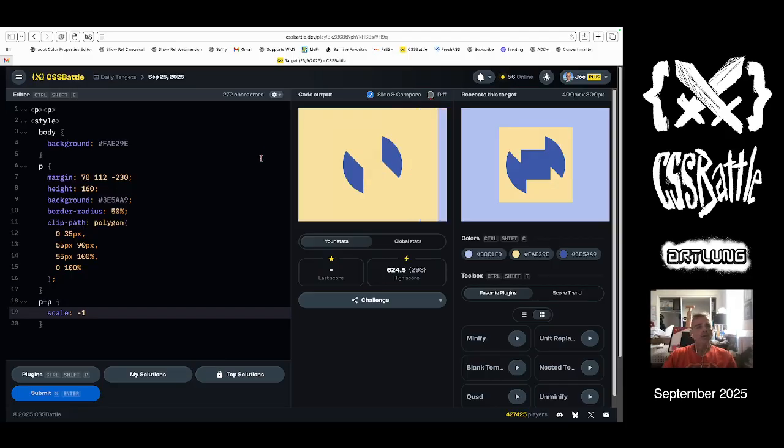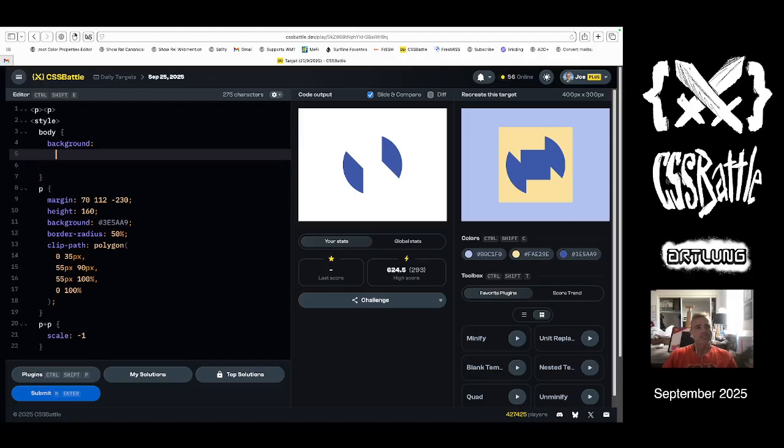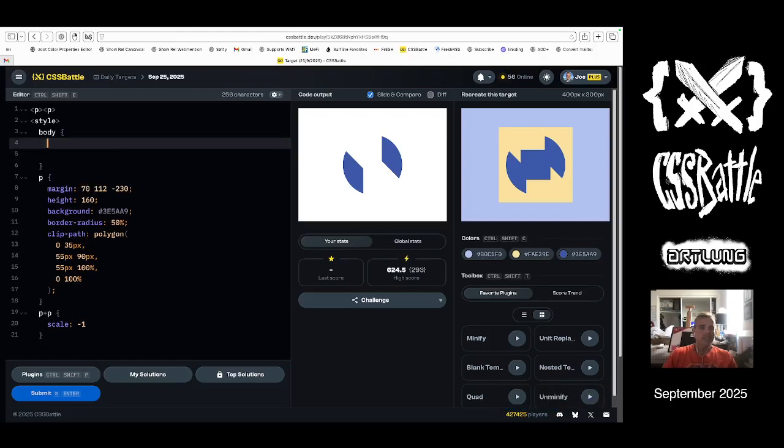Yeah. Okay, so if that's that, then what do we need to do to create these shapes? I find myself not wanting to do backgrounds just because, well, if we're doing everything different, let's do everything different. Let's do inset. Instead of a background, we do an inset. Let's say box shadow. Inset